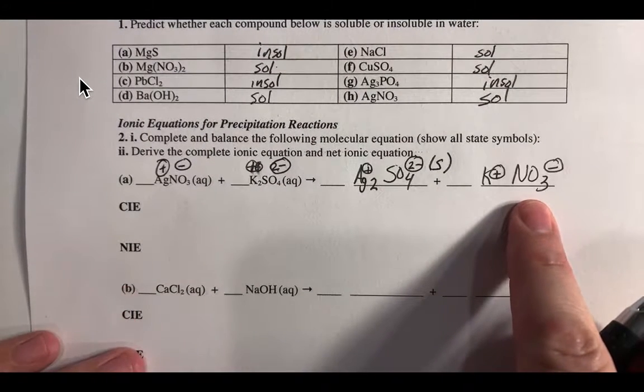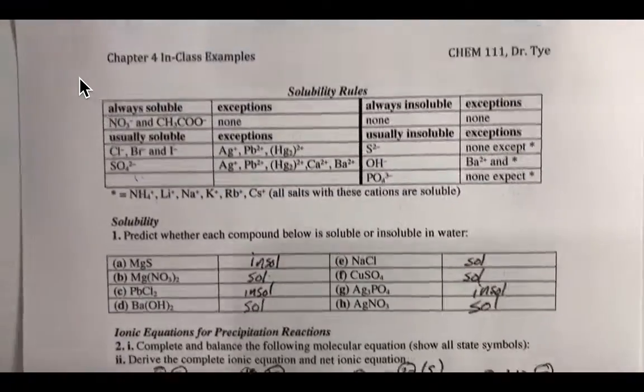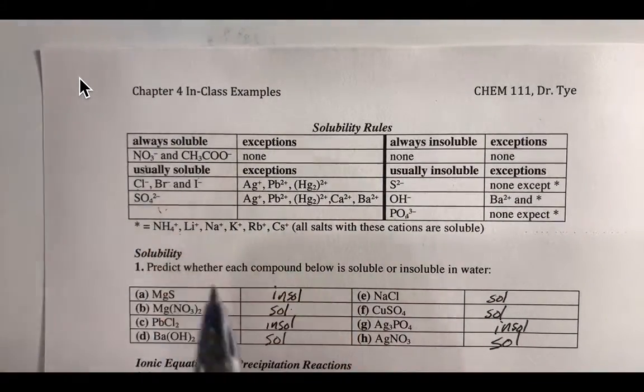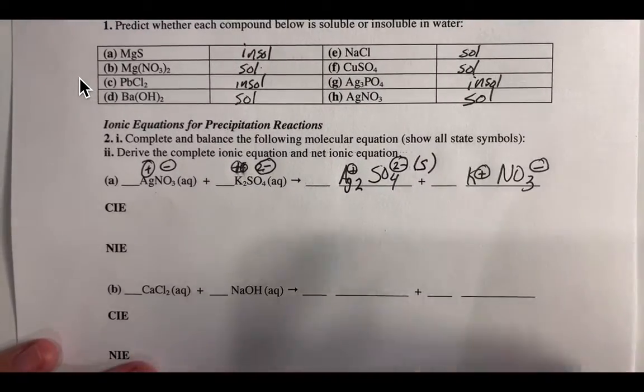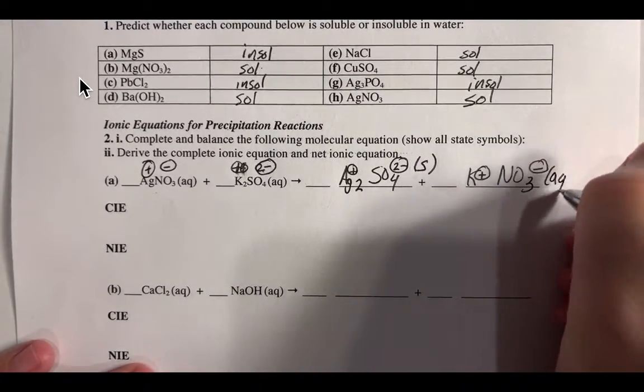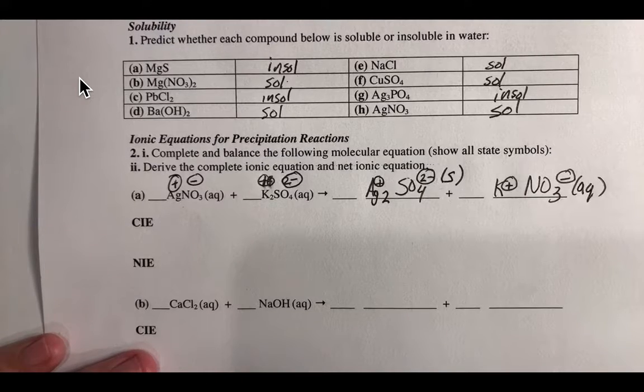The other one that I have here, potassium nitrate. So all nitrate salts are soluble, and all potassium salts are soluble. So this is actually a really soluble compound. So it stays in the solution. Okay, after that,